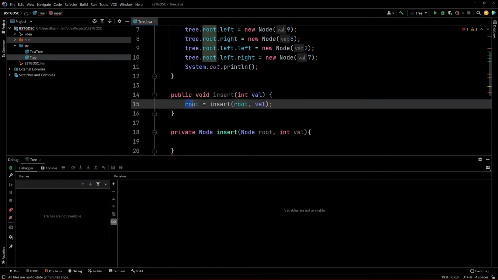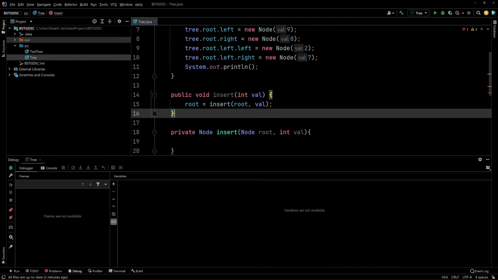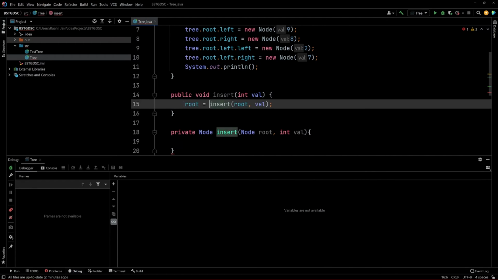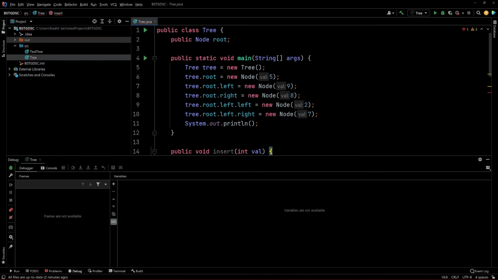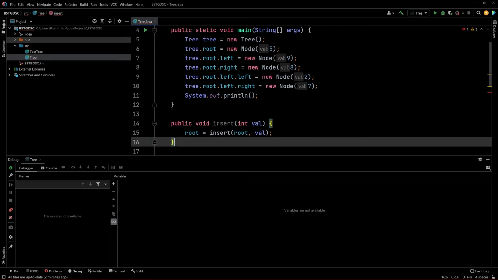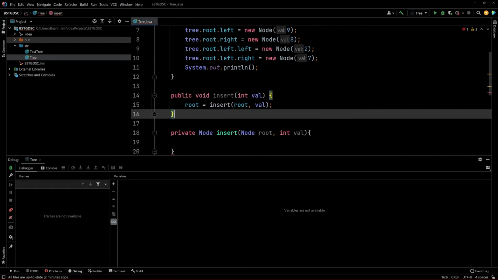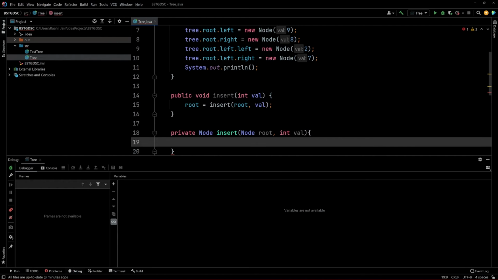Okay, so what's happening here is we're going to say root is equal to insert root val, and you don't necessarily have to do it like this. There's definitely ways to get around using this equals operator. You could also just have it be insert, but then you'd have to code it out in a maybe less intuitive way. But this way, this is going to return the root node. So for one, let's return the root,